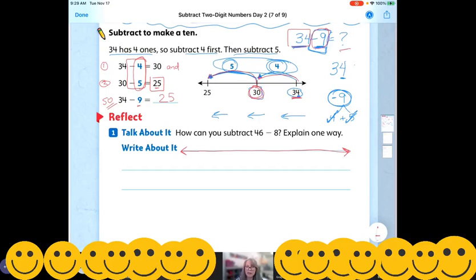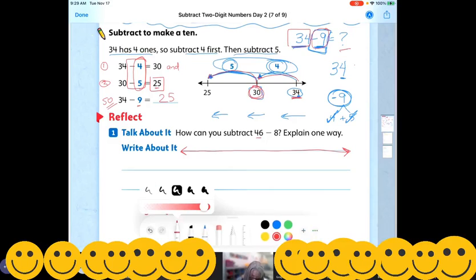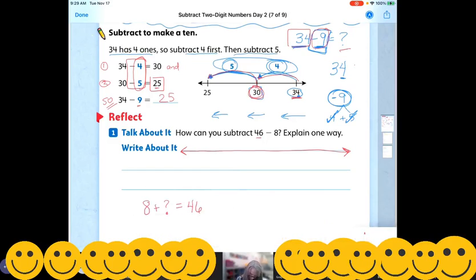In order to add up, I need to know my fact family rule. And my fact family rule says that if I have a subtraction problem, I can flip it around and turn it into an addition problem. That means I'm going to do 8 plus question mark. The question mark is going to be my jumps equals, and we need to end at 46. I'm going to make that a little bit wider for you. Okay, so 8 plus question mark equals,